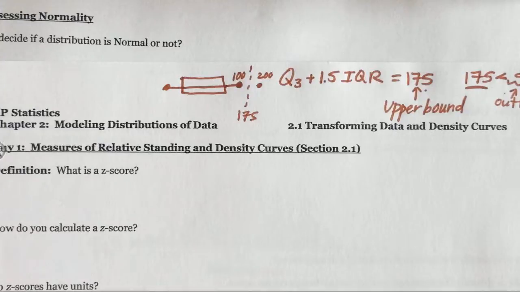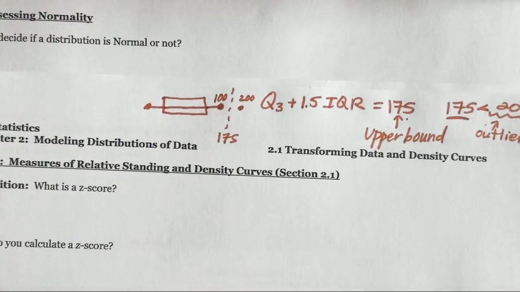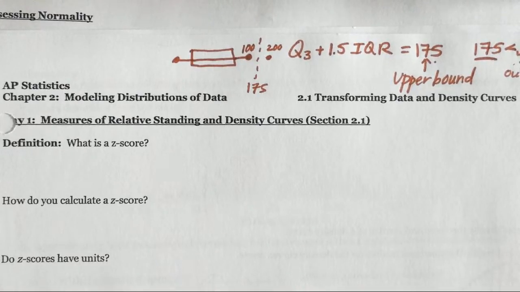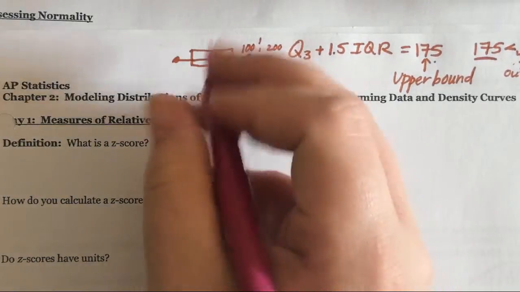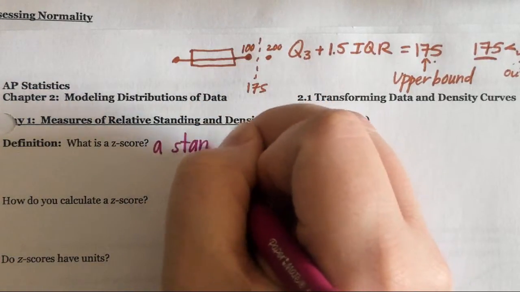Okay. Today we're going to start chapter 2, which is really exciting. We're going to talk about a Z-score. Tomorrow we get to standard normalized stuff, which is where we live in stats. So today we need to know what is a Z-score. It is a standardized